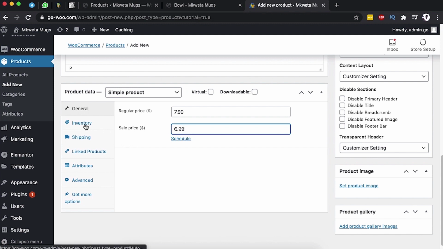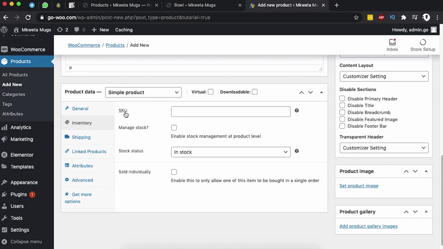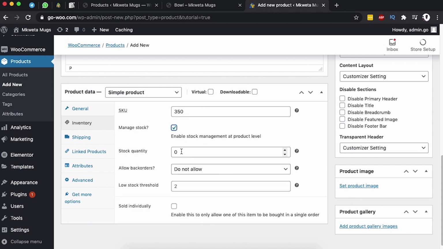Then down below here is something called the inventory. So the inventory involves the stock keeping unit number, and this means that it's a unique number for that specific product. So in this case, I'm going to add the unit for this product. It can be 100, but in this case, I'm going to make it to be 350. Maybe that's the unit for this specific product. Then there's something called manage stock. So managing the stock, you can enter the quantity of this number of bowls you have at your website or in your store. So in this case, I'm going to add, maybe we have like 30,